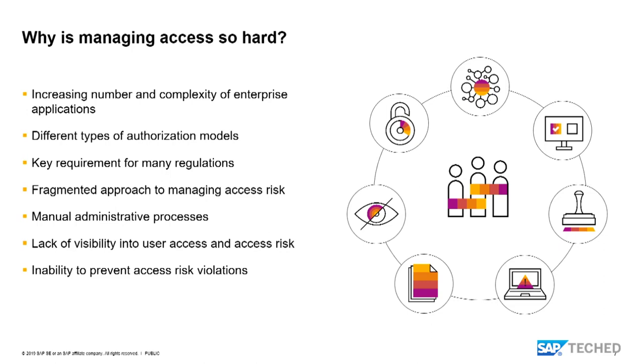Without a way to manage access across systems, across the landscape, you do have to do it in a manual way. If you cannot do it automatically, then it's manual. And of course, there's always a risk that you miss things if you are not able to really understand what kind of access a person has across the landscape. And if you cannot measure the access that somebody has, then you also cannot control it. So if you don't know what access people have, then you cannot identify critical access and you cannot mitigate that